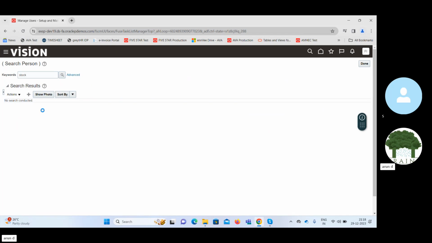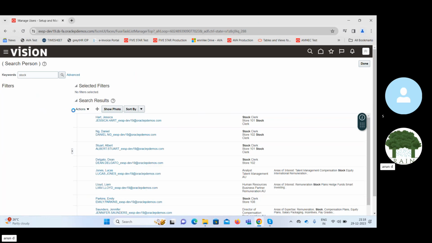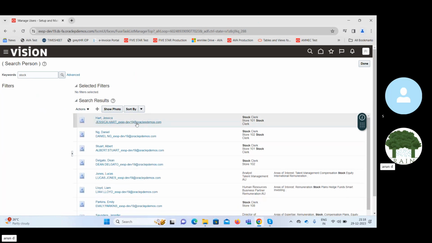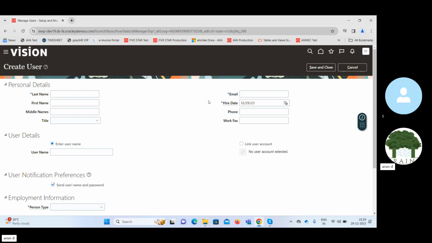Okay, maybe I'll explain what we have inside this, and then probably I'll open it and show you what information we are giving. Basically, this is the screen where I can link my user details. Okay, so now if you see here,